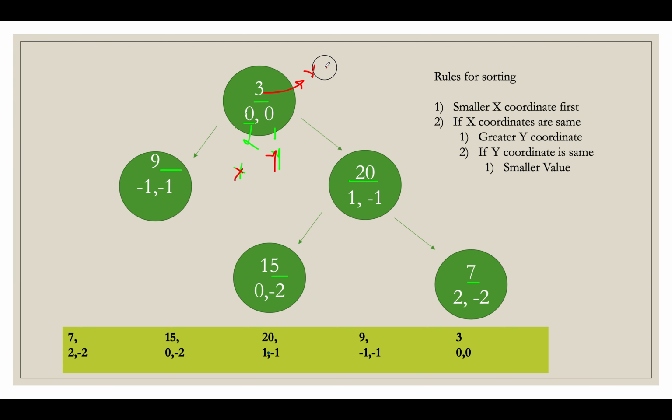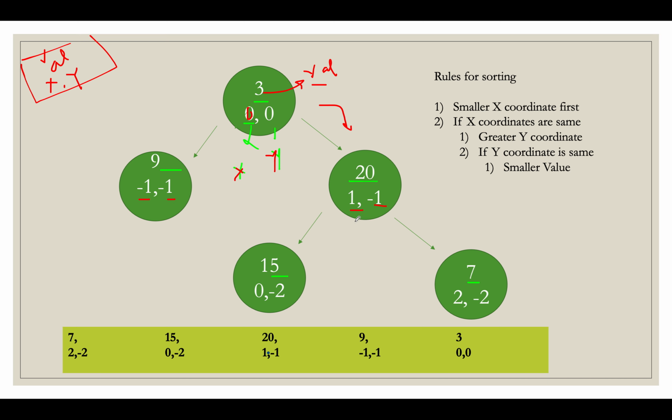So we need some data structure that holds all these three parameters. One hint that we got: value, x and y coordinates, because these are the three parameters on which you need to define your sorting rule. And you start from this position, it's 0, 0. When you go in the left direction, x reduces by 1, minus 1, and y reduces by 1, minus 1 again. If you go in the right direction, x increases by 1, and y reduces by 1, since you are going one level down.